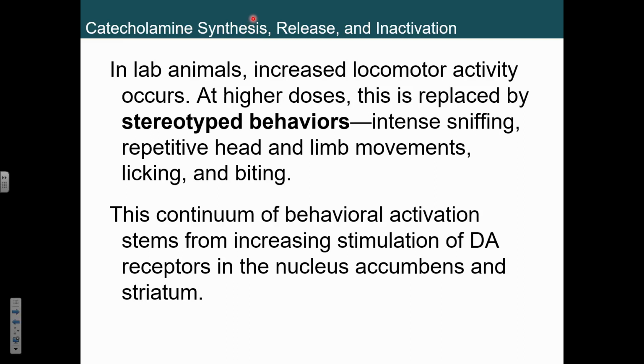So it's going to increase locomotor activity. As you get higher doses, you start doing what are called stereotyped behaviors, right? So with rats, we're thinking about sniffing, head and limb movements, licking, biting. But you see these in people as well, right? If you think about individuals on high doses of methamphetamine, they'll have stereotyped behaviors. This behavioral activation really comes because we're increasing dopamine, we're increasing stimulation in the nucleus accumbens